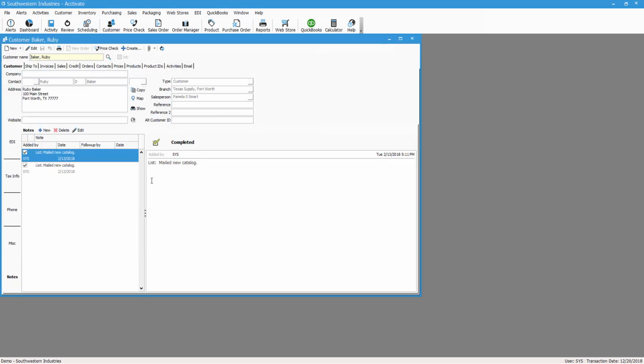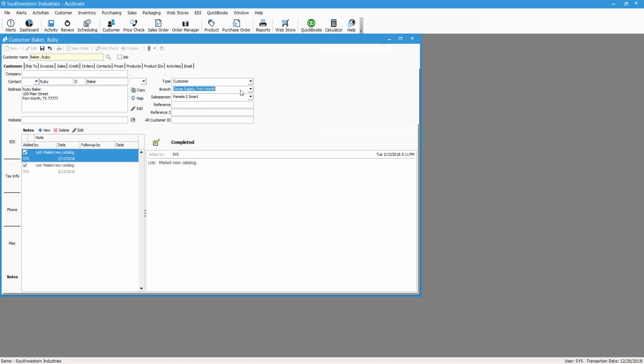This window shows the default values that are going to be used for sales orders that get created for this customer. This shows the bill to address. Here we can see the customer type. Customer types are defined in Configuration Manager. Usually this is used for reporting, so if you have a retail customer versus a wholesale customer and you want to see sales related to one or the other, you can use this to help filter the results in those